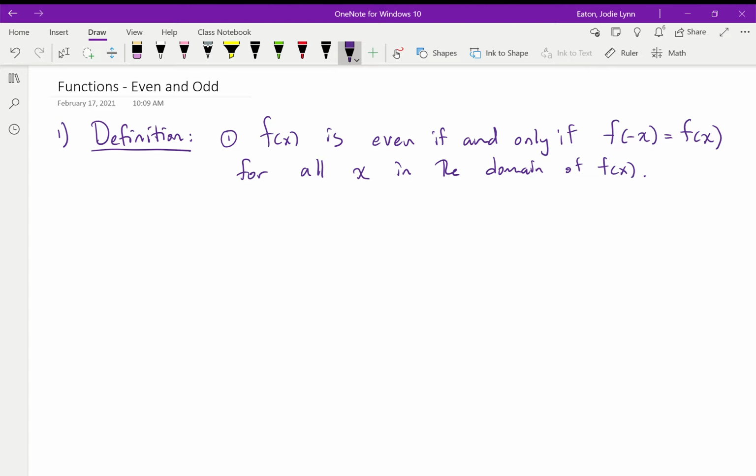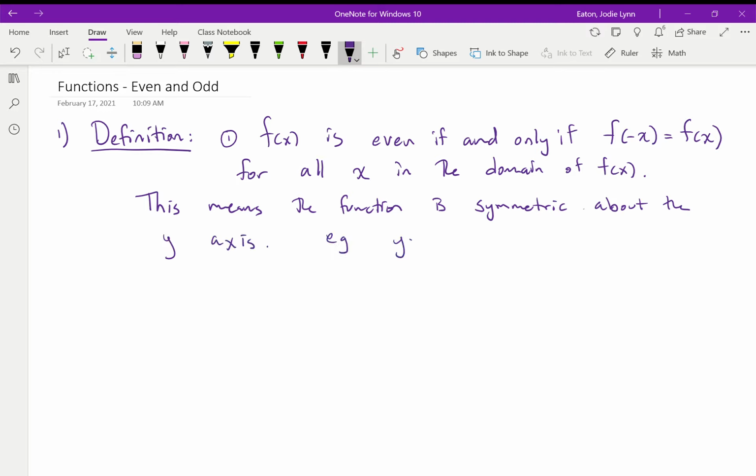Okay, so this means the function is symmetric about the y-axis. And a couple examples of even functions are y equals x squared is symmetric about the y-axis, and it